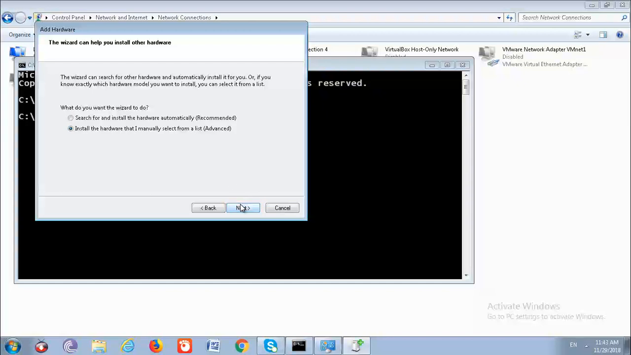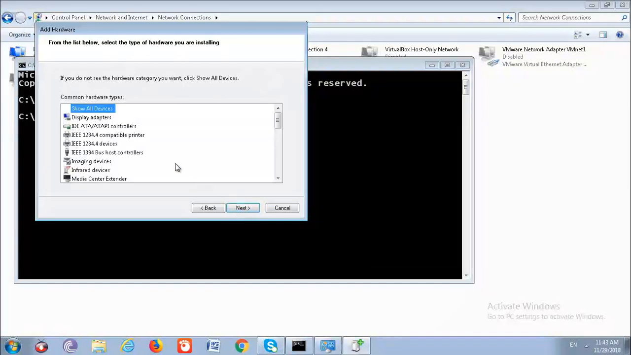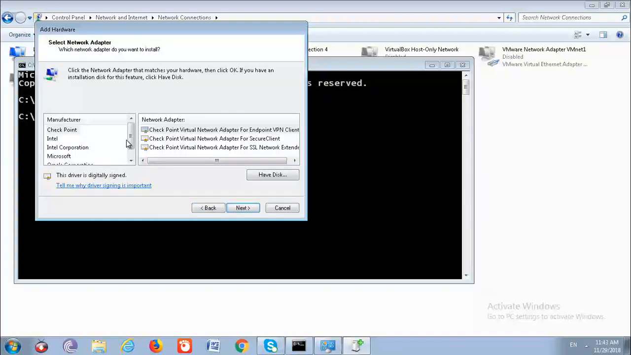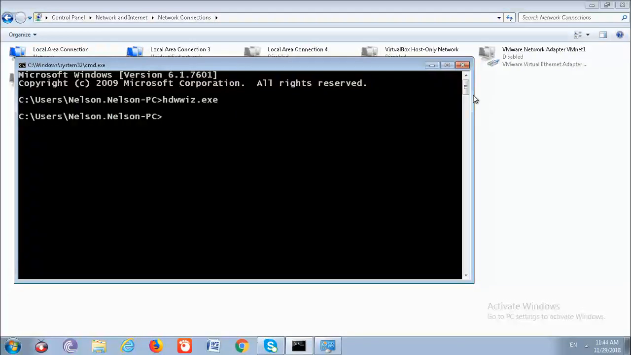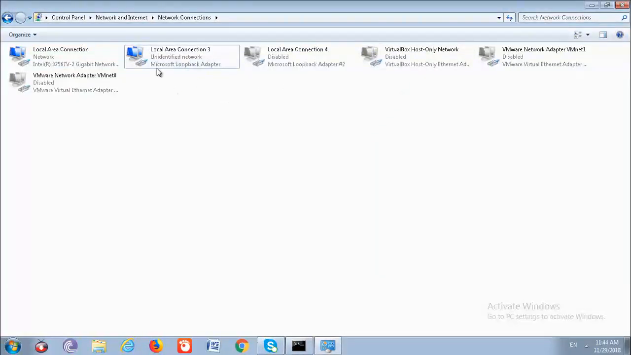Hit next, install from a list manually. You can come to Network adapters, not the ports. There's Network adapters. Okay, Microsoft, so then you can choose Microsoft Loopback Adapter here. You hit next and all that. I don't want to hit next because it might actually install and I'll have many more loopback adapters here. There is no harm, but